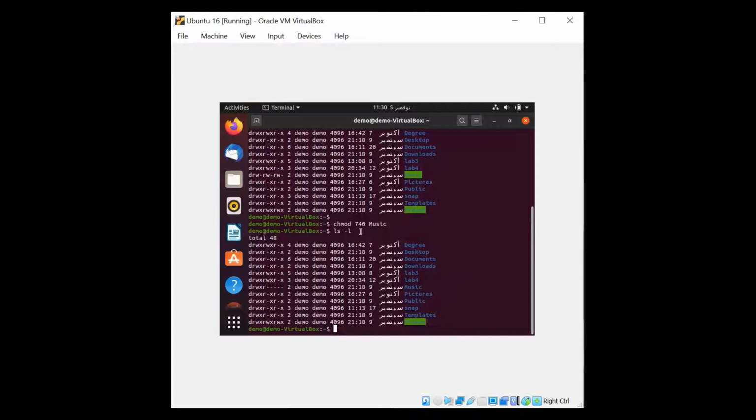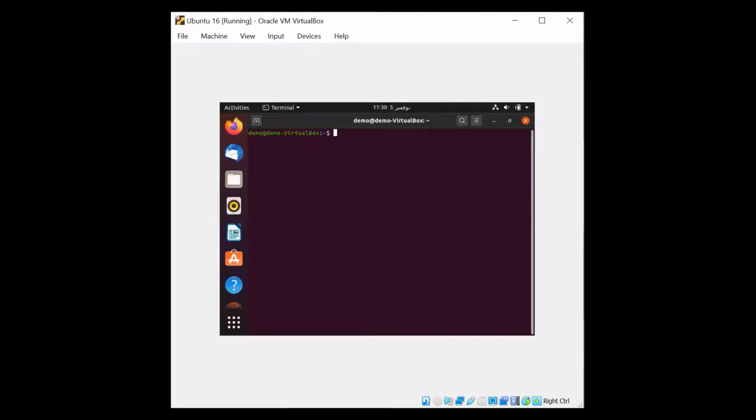Another technique, a shortcut way, is using numbers. Each number has a meaning, 0 to 7. 0 means no permission, 1 means some meaning, 2 means something else. It's there on page number 4 of the lab 5 exercise. So this is about user permission, access mode, and how to change the access modes. Access mode is over. How to change the permission is also over. Now let's move on to